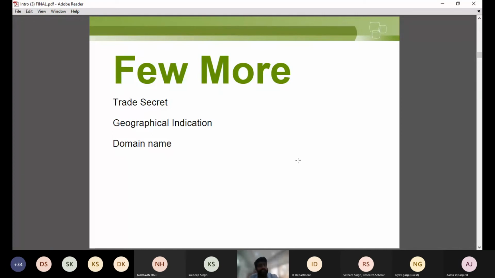Then another we have is domain name. Domain name is also your business identity. We can say that if you want to represent yourself, your service, your business on the internet or world wide web, domain names are the first thing that you are going to purchase. For example, ipsd20.com or deshbhagatuniversity.ac.in, right? These domain names help you to market yourself on the online web. So domain names are also important IP assets for you, and they get registered at the registrar of domains.